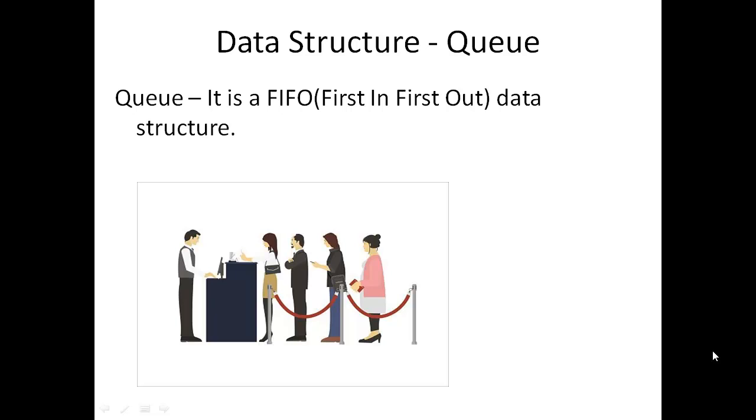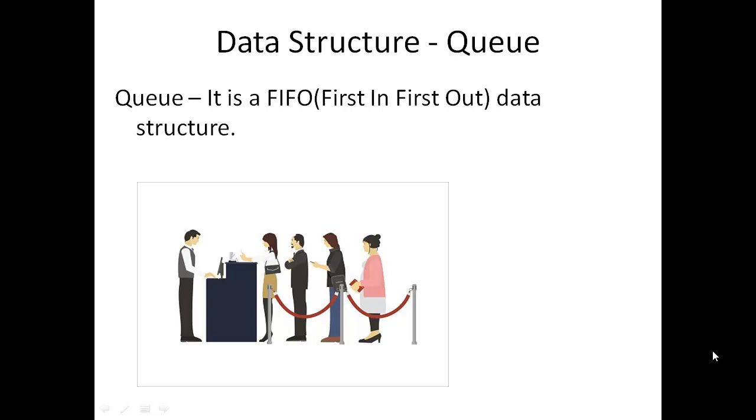First in, first out. Now in a queue, insertion and deletion do not take place at the same end. For example, if you look at the queue given in the picture, when a new person gets added to the queue, the person gets added after the lady at the end, the lady with a pink sweater or something like that. Whereas when a person is deleted from the queue, or the service is done and she moves out of the queue, it's the lady with the yellow skirt, correct?